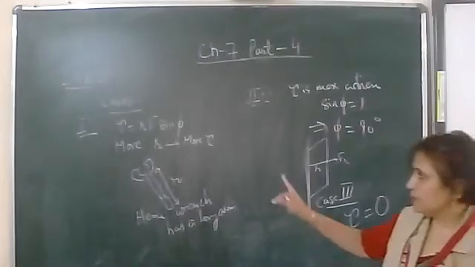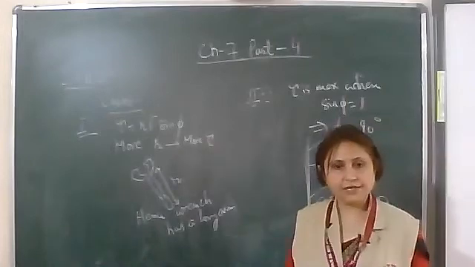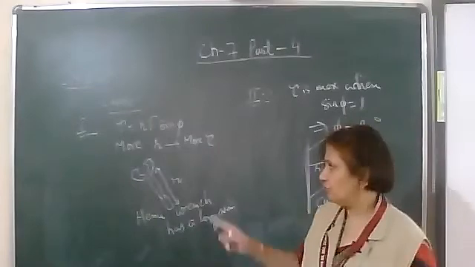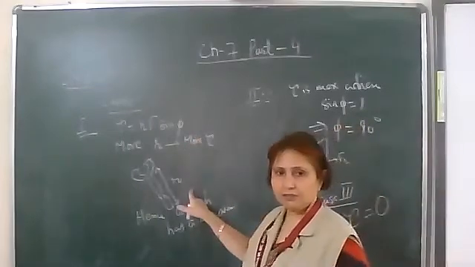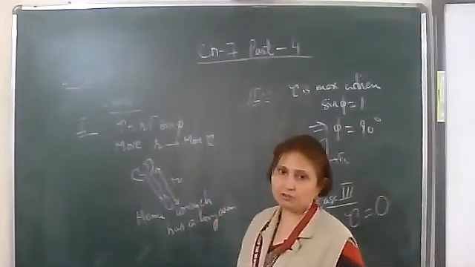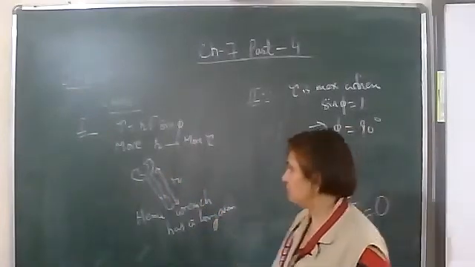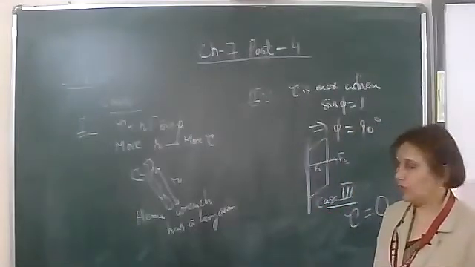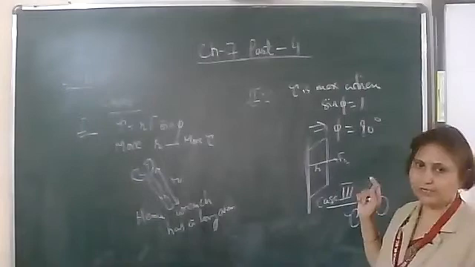Okay, so what all points have we noted? Tau is equal to R into F into sine phi. R should be maximum for more tau. That is why the wrench has a long arm, or wrenches have long arms, so that R is more and the torque is more, and it can be rotated easily.